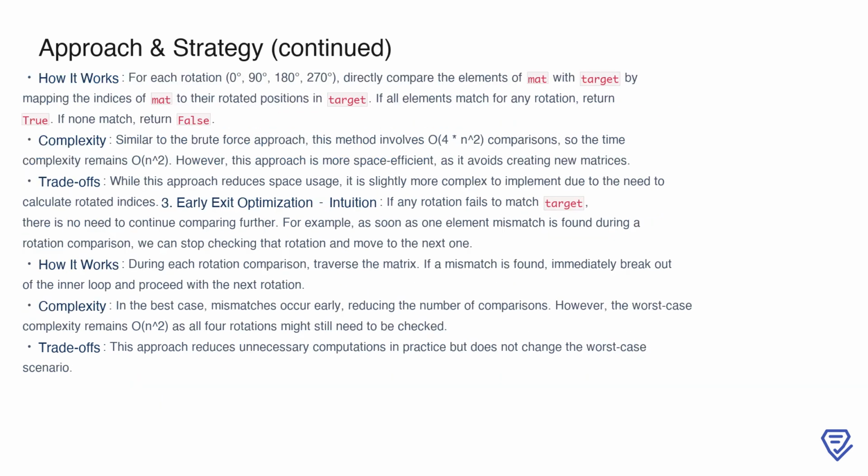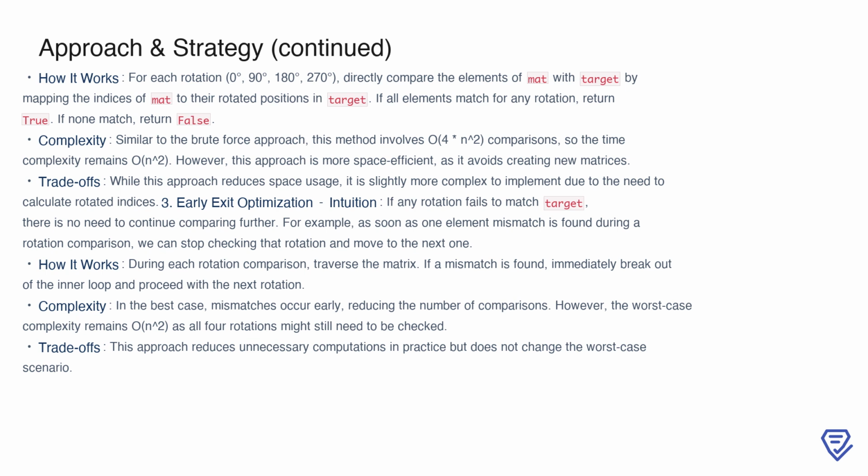Another approach we considered is optimized rotation comparison. The intuition here is to avoid creating new matrices for each rotation, which can save memory. Instead, we calculate the indices of elements in mat that correspond to their positions in target after rotation and compare them directly. For each potential rotation, 0 degrees, 90 degrees, 180 degrees, and 270 degrees, we map the indices of mat to their corresponding positions in target and check if all elements match. If any rotation matches, we return true,